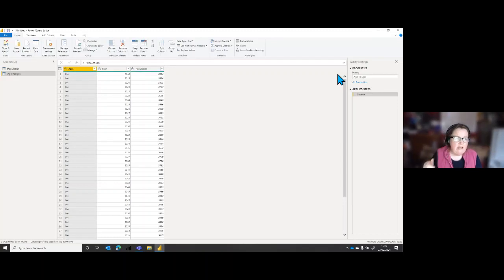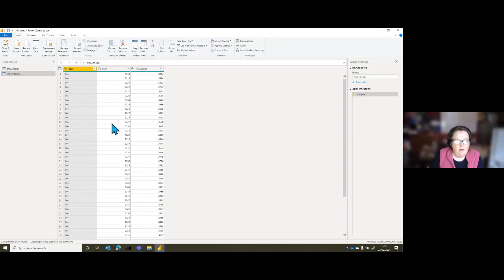Okay, now putting spaces in names is not an issue in here. In fact, it makes your report more readable, more accessible, and all sorts of things, okay? So the first thing, we just want a list of the ages to begin with.